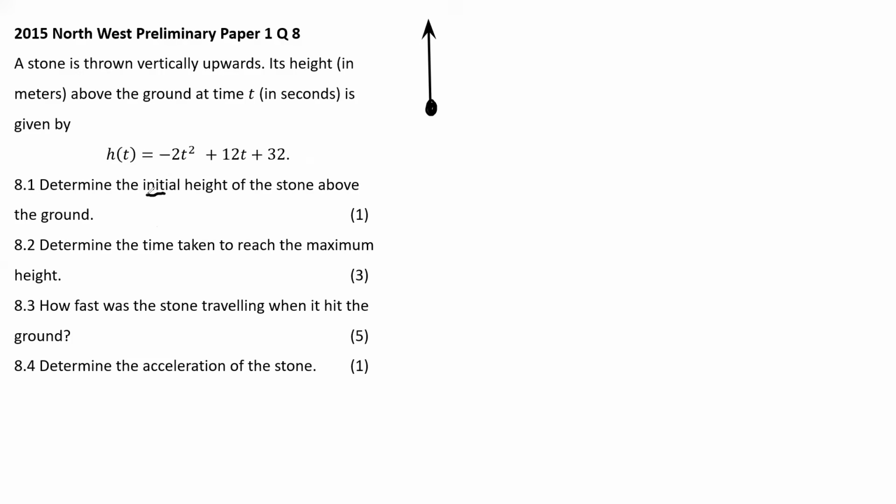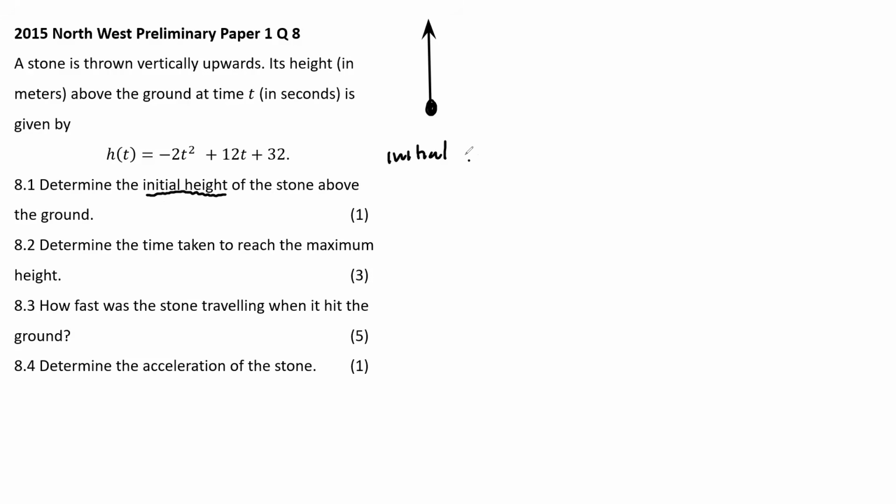determine the initial height of the stone above the ground. Now, I want you to interpret the English into maths with physics involved. So listen to me. Determine the initial, the start height. How high was it when we first threw it above the ground? So initial, translated,